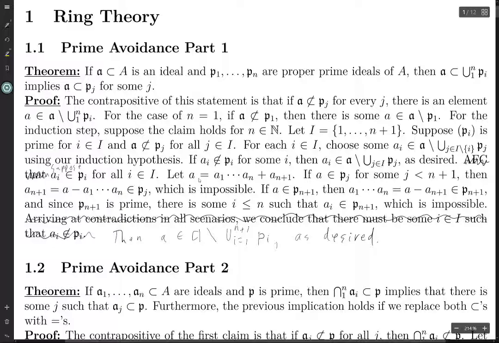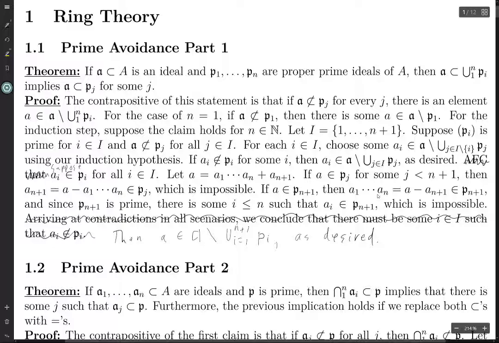So what you do is you let A be this element, and like I've discussed, A is not in PI for any i between 1 and n plus 1, because we did one argument to prove that it's not in PJ for any j strictly less than n plus 1, and we also proved that it's not in